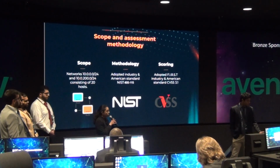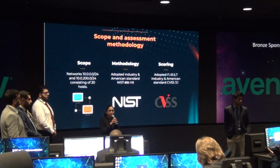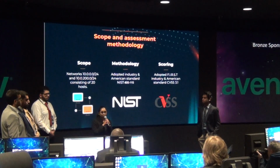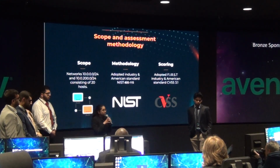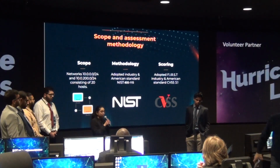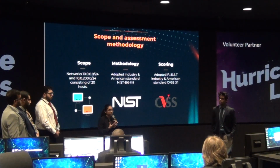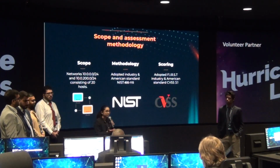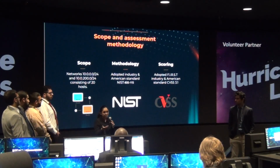In terms of methodology, we incorporated security testing best practices from several standards, most notably the NIST standard, and for web we used the OWASP Top 10 and the OWASP checklist. For scoring, to give a better insight into the impact and the likelihood of the risk, we used the Common Vulnerability Scoring System, which is CVSS. CVSS is a score that we assign to a particular vulnerability that we find based on several vectors, such as, in terms of an offensive aspect, how easy it is to exploit it, and what the impact is on the